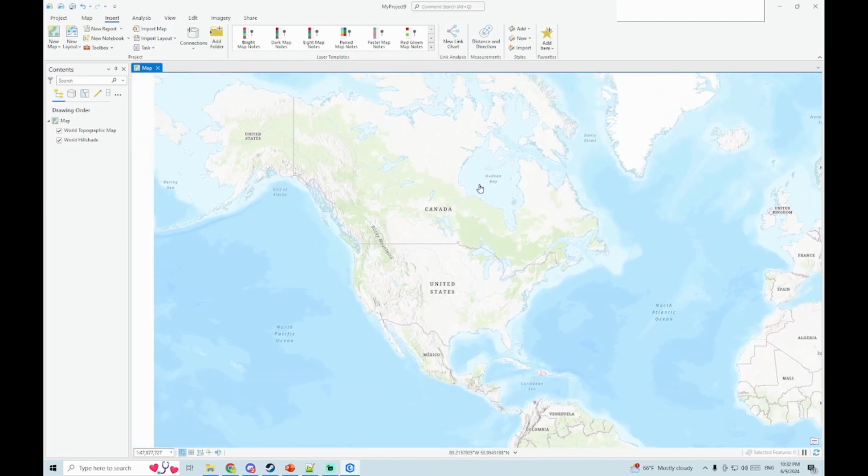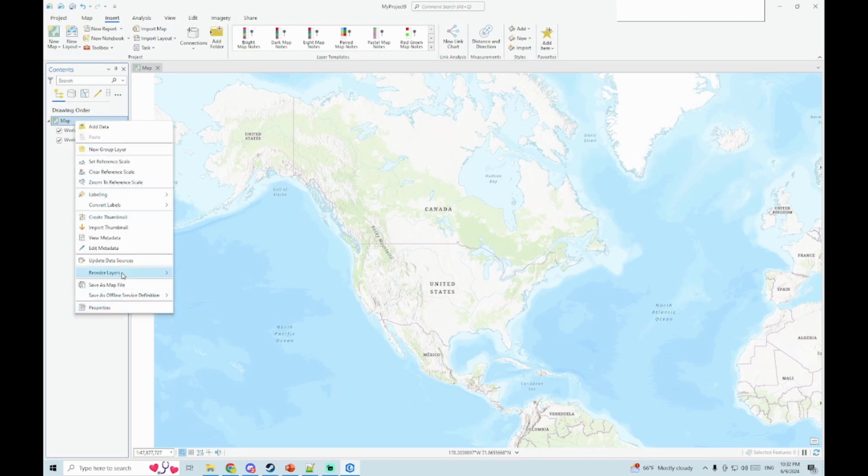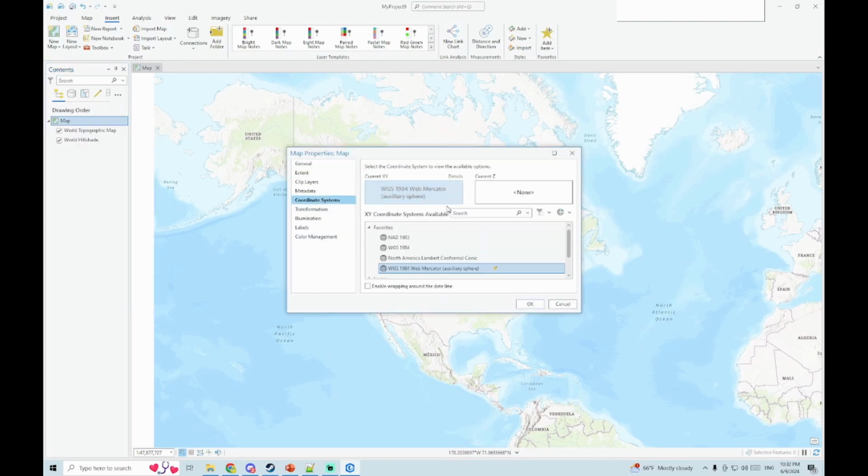So when I said we want to consider projection, what we could have done, and this is what I ended up doing, is I changed the coordinate system to North America Lambert conformal conic,